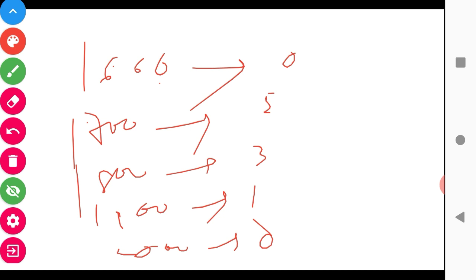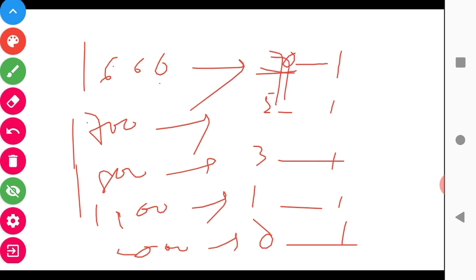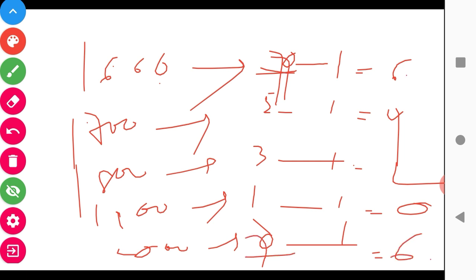But according to the formula, we have to balance the equation, so we have to subtract 1 each time. Instead of 0, I can place 7 here, so 0 odd days and 7 odd days are equal. So 7 minus 1 is 6, 5 minus 1 is 4, 3 minus 1 is 2, 1 minus 1 is 0, and again instead of 0 I can place 7, and 7 minus 1 is 6. In this way we are getting 6, 4, 2, 0, 6, 4, 2, 0. These are the odd days, these are the year codes.